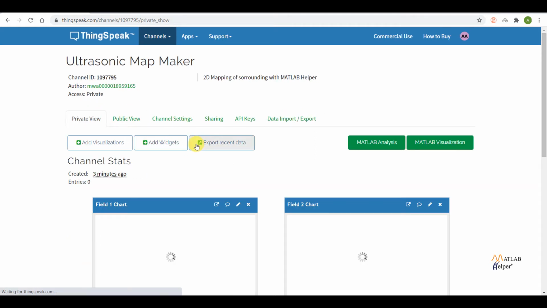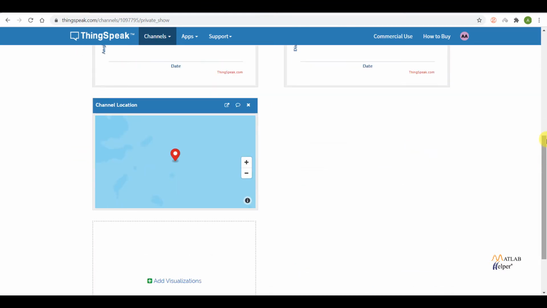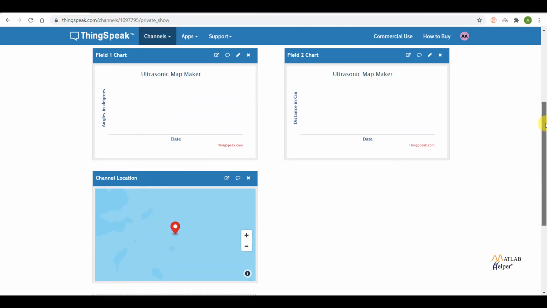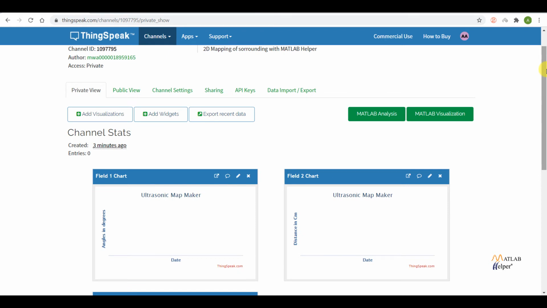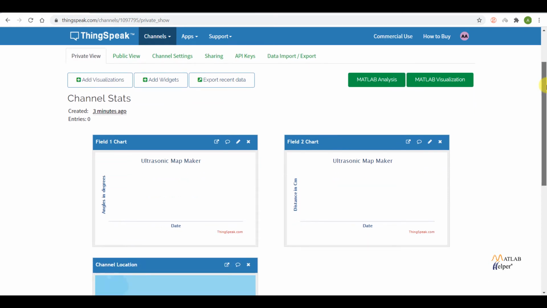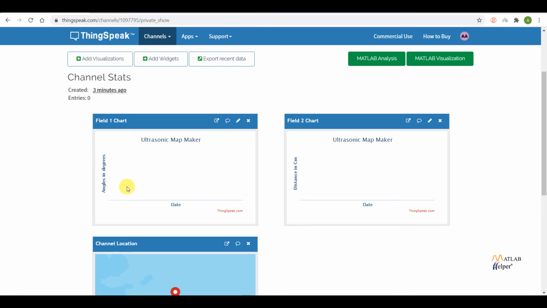Now we will see the MATLAB code, how we will get the sensor data, upload it to ThingSpeak, and visualize it. One more thing I forgot to tell you, currently I am getting these two data separately. We can also combine these two data in a single plot. We will see later how we can do that. We can visualize many other things regarding that. First I will upload the data, and after getting the data, we will see how we can visualize both these plots in a single plot.